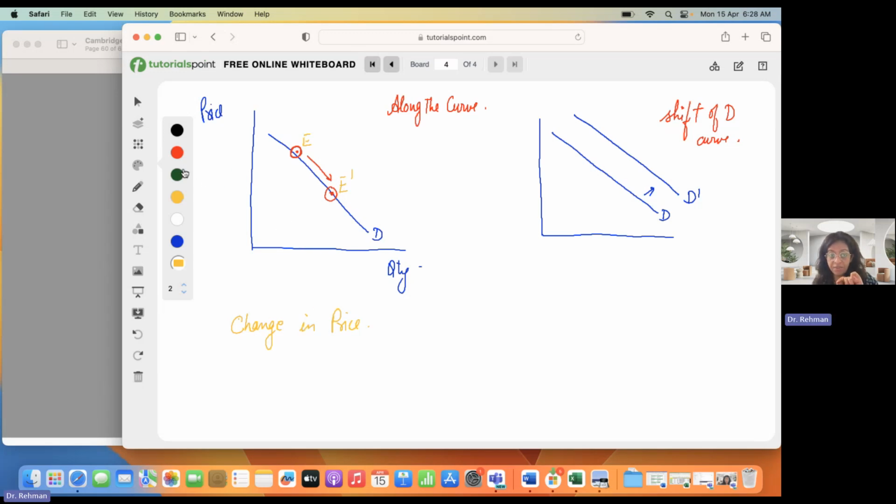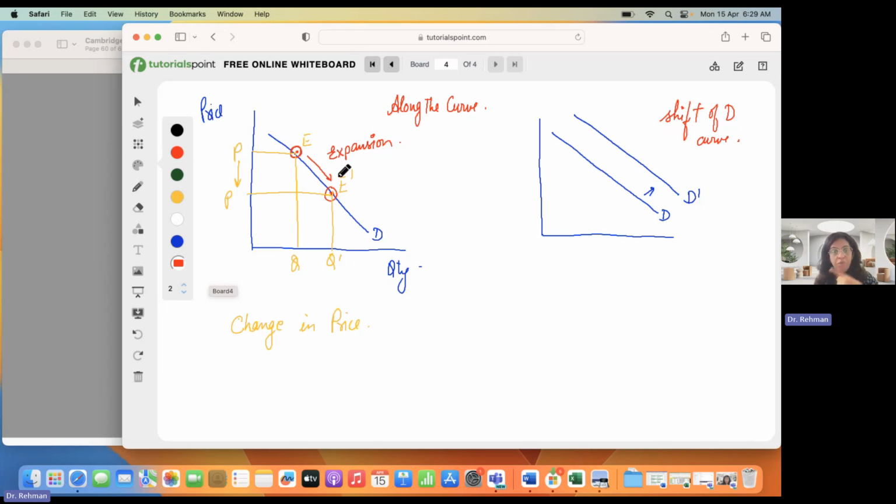Here, I'll give you evidence right now. At point E, the price was at P, and at E dash, the price moved from P to P dash, and the quantity increases from Q to Q dash. So in this movement, the quantity demanded is increasing, and hence it will be called expansion of demand. Why? Because my demand is increasing. But the reason is only price. Only price has changed here. The word we use is expansion.